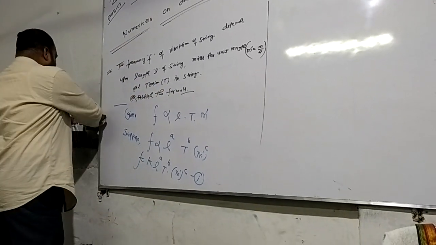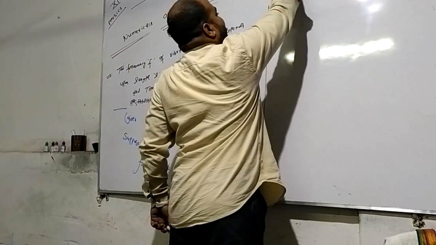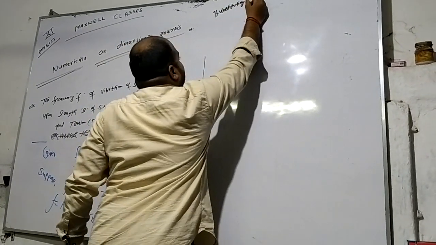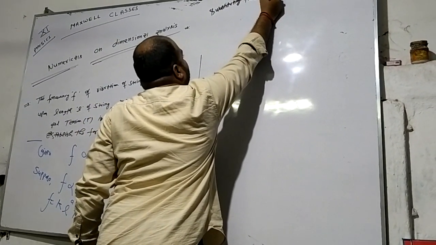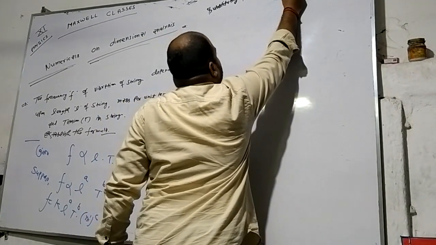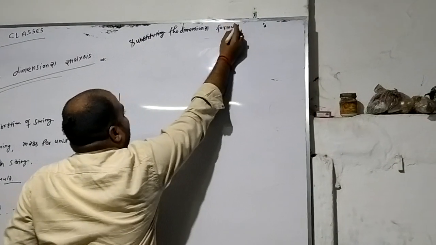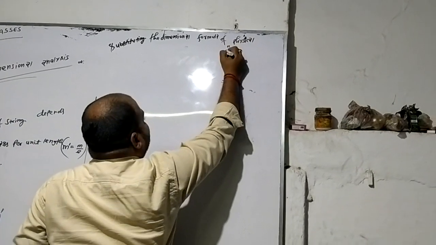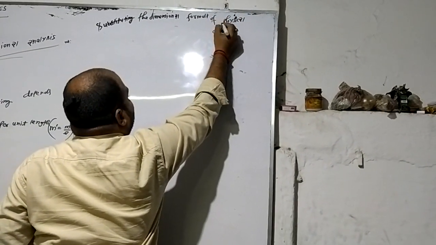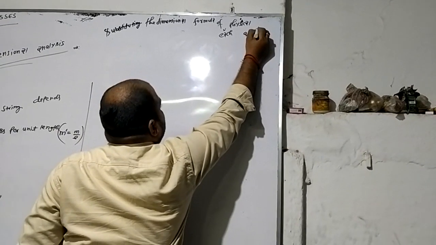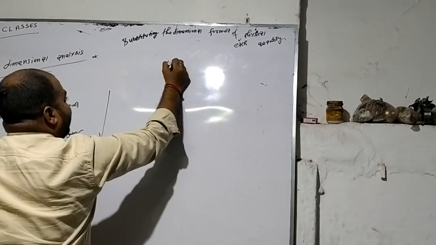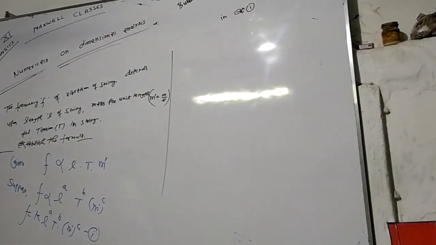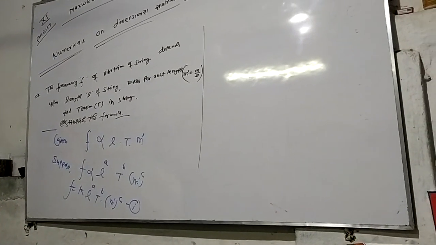Now simply substitute the dimensional formula of the physical quantities. By putting the dimensional formula of each physical quantity in equation first,